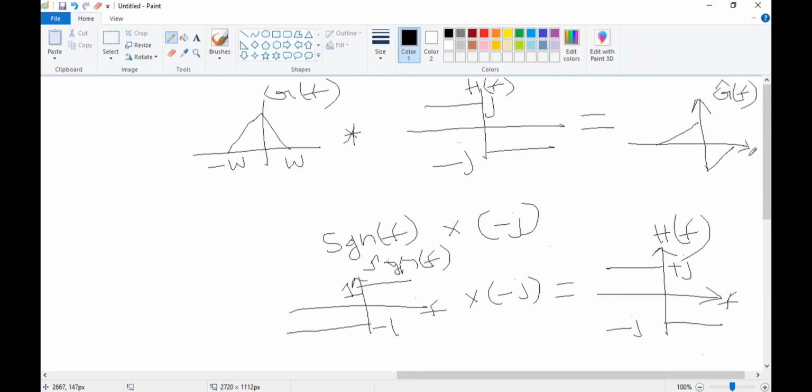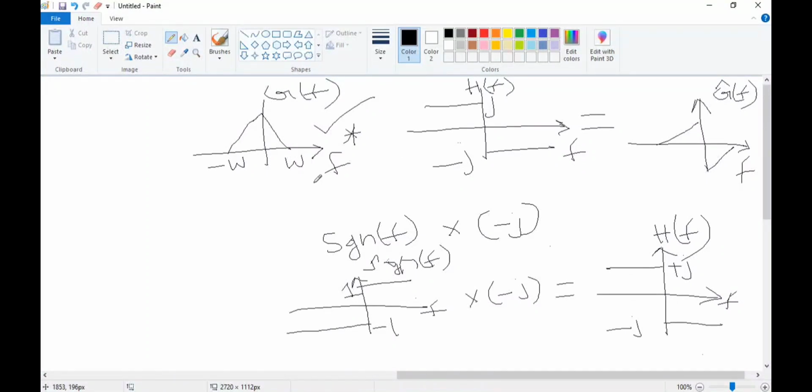This is your frequency domain. Here also it is the frequency domain. Whenever I'm representing G of f, H of f, all that, the graph will be with respect to frequency, so the x-axis will be frequency. Whenever I'm writing G of t, G cap of t, then the x-axis will be t. So here, this is my low pass signal. Generally, for a low pass signal, the spectrum will be this way.